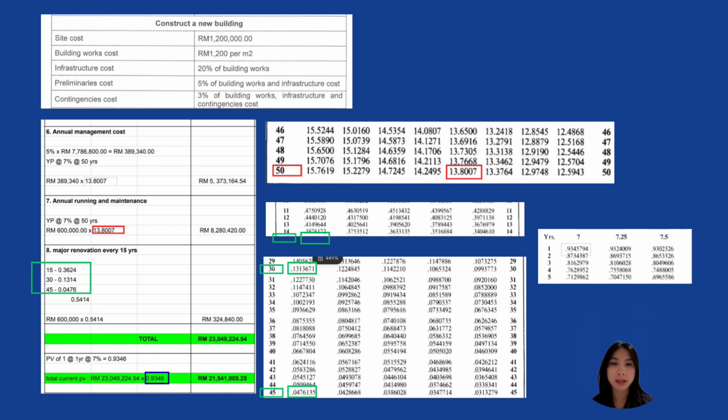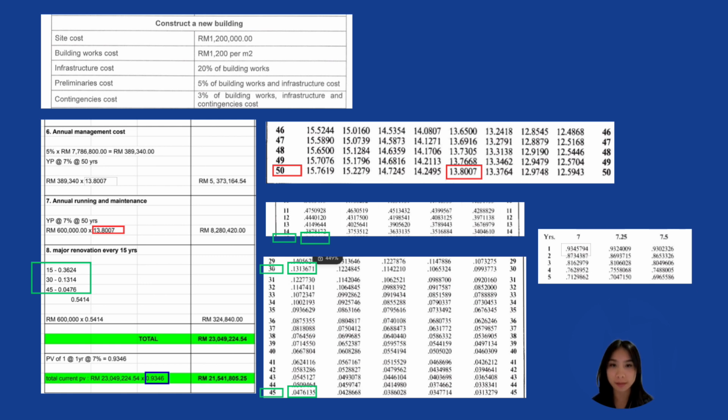RM389,340 times 13.8007, which equals RM5,373,164.54. So the annual running and maintenance cost is RM600,000 annually. Multiplying by the same factor gives RM8,280,420. Not only that, the building also requires major renovation every 15 years, costing